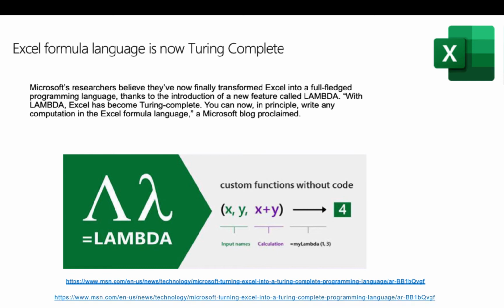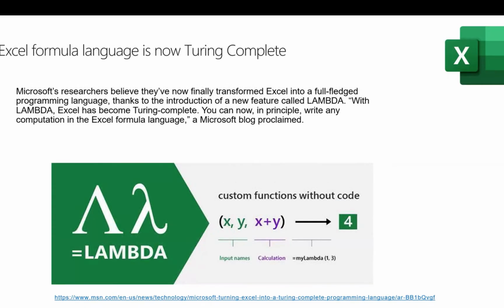This comes on the heels of an announcement of a new function called Lambda. The Lambda function basically allows you to create your own functions within Excel and then call them up by name later. So you could create a function, specify a name for it, and then call it up later and process it that way. And I gotta tell you, even if you're not doing anything super crazy fancy in Excel, but just a lot of stuff that has several layers of if statements, Lambda is an excellent way to simplify that when you need to repeat it a couple of times. So good stuff.